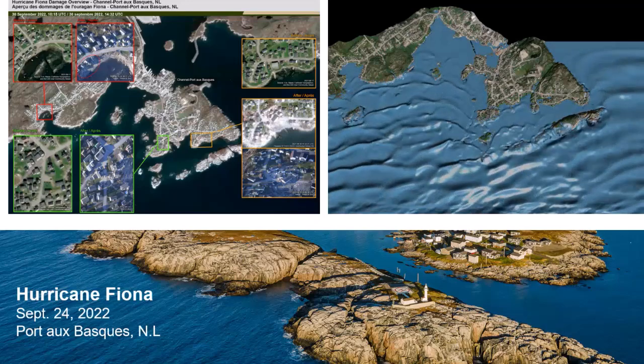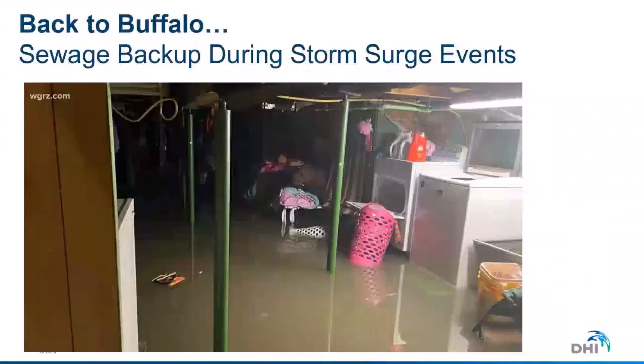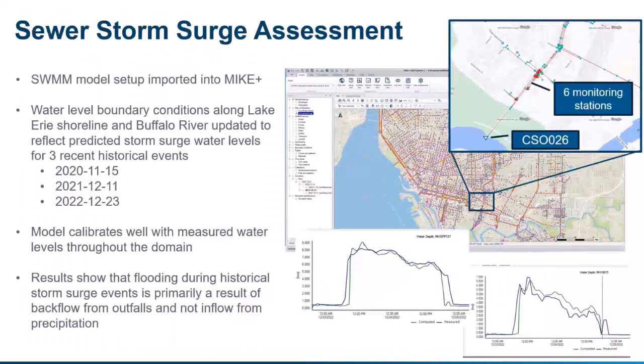flood mechanisms from waves. In Buffalo, another issue was the backup of sewage during these surge events. This is a photo from a basement in Buffalo in one of the areas where there was sewage backup. So what we essentially did is we took the model and we integrated the boundaries from our MIKE 21 hydrodynamic model to MIKE+, and we incorporated the SWMM model that the city of Buffalo had into MIKE+ as